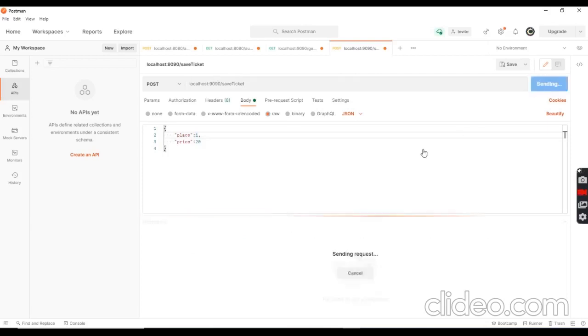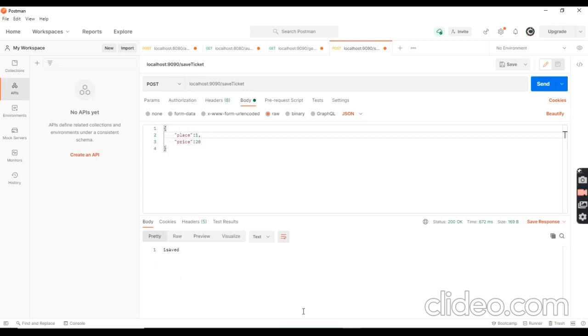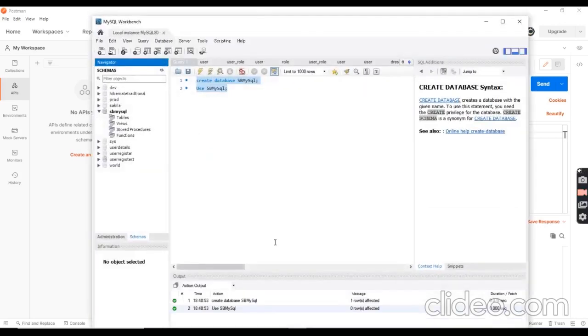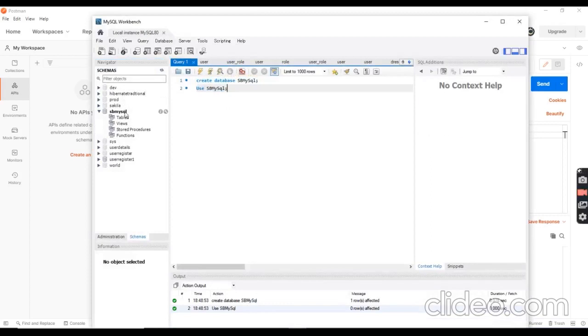Let's copy the URL, I think it's save ticket. Yeah, click send. Yeah, 1 is saved. One is actually the ticket number.